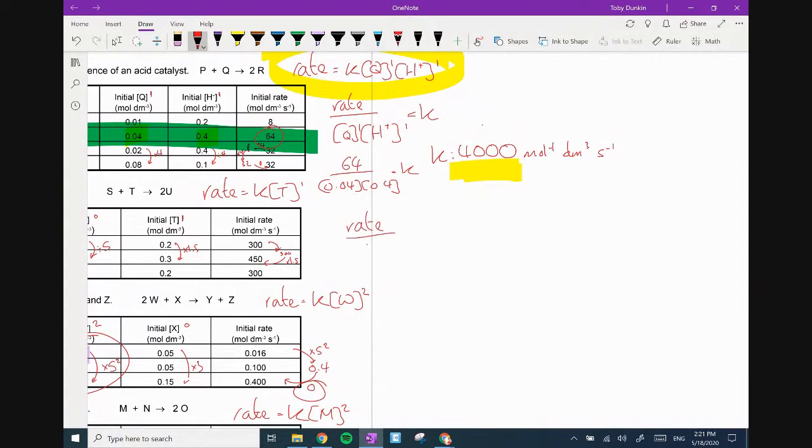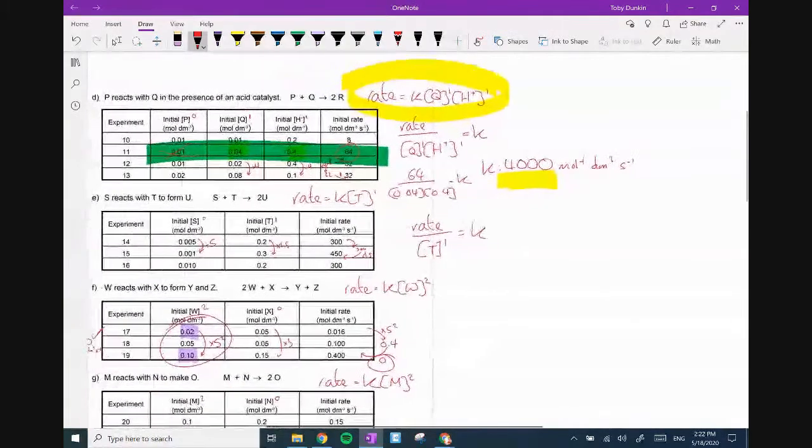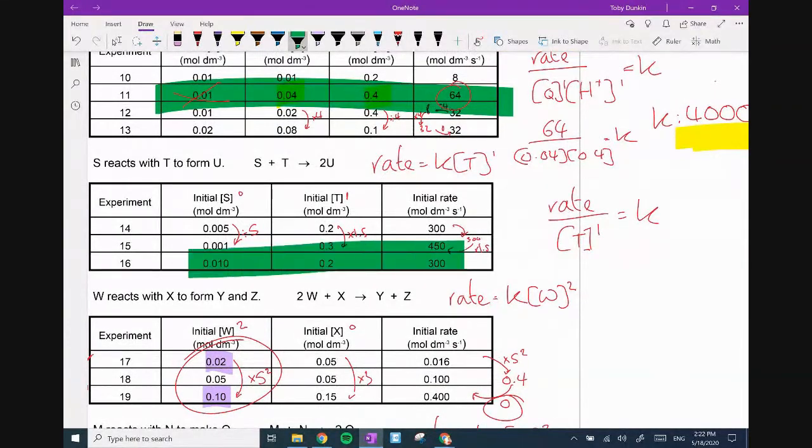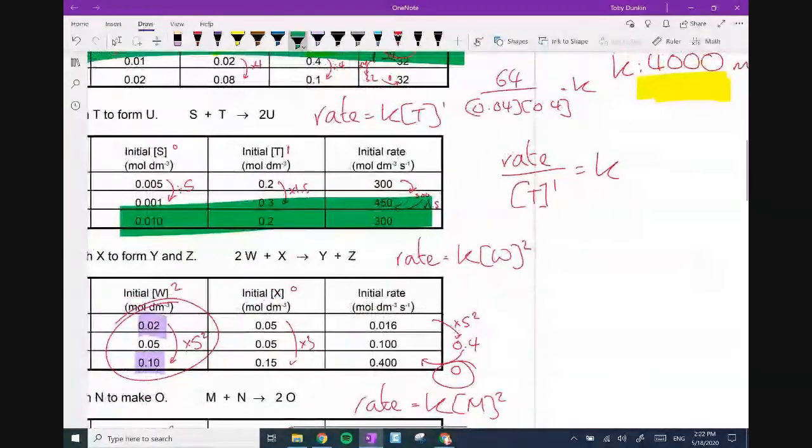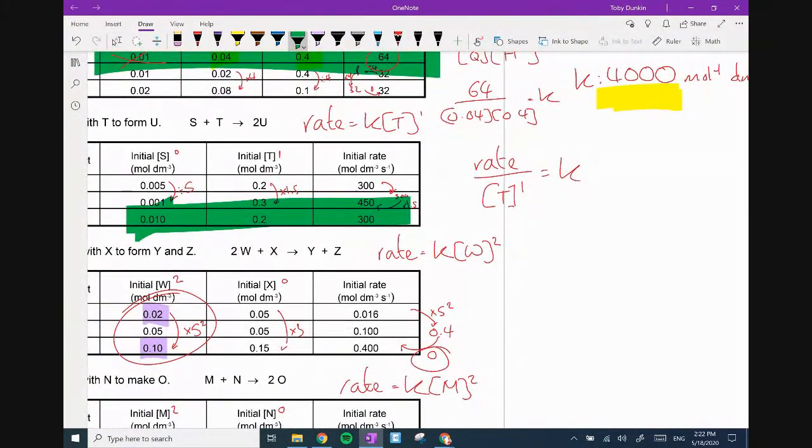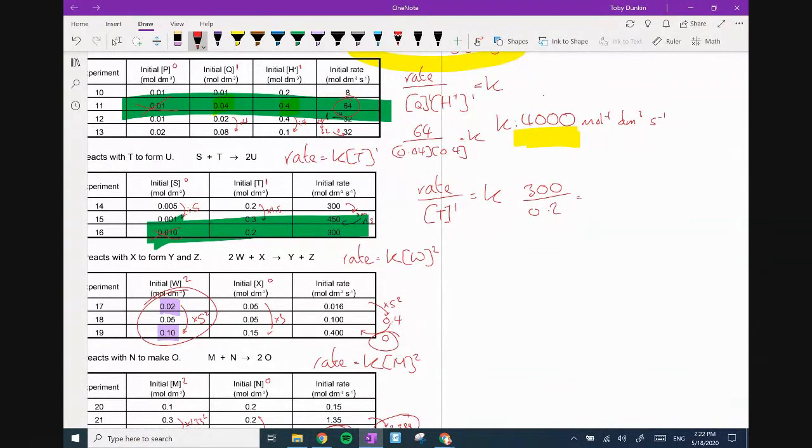Okay, next. Step 1, reorganize. Rate divided by t to the power of 1 gives me k. This is nice and easy. It gives me the most basic rate units as well. So lob in my data, choose a set of data. I don't know, bottom one. It doesn't matter. I'm ignoring s, s is 0. So rate is 300 divided by 0.2 to the power of 1 equals k. 300 divided by 0.2 gives me